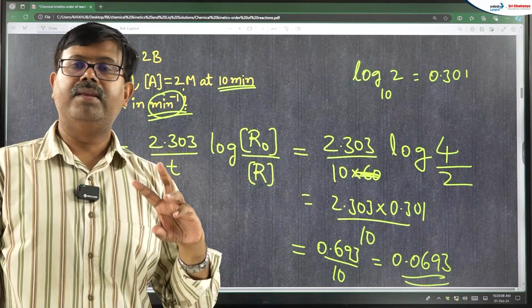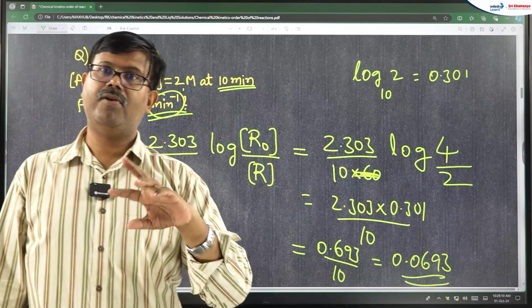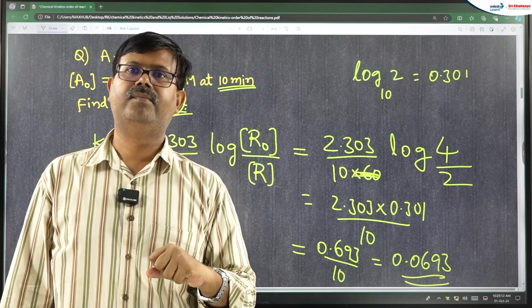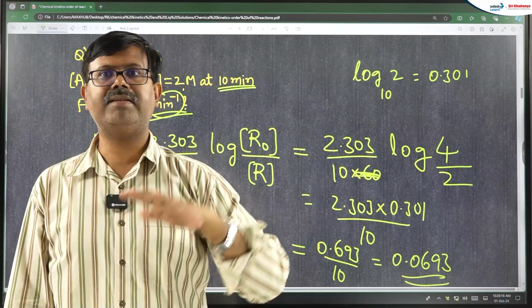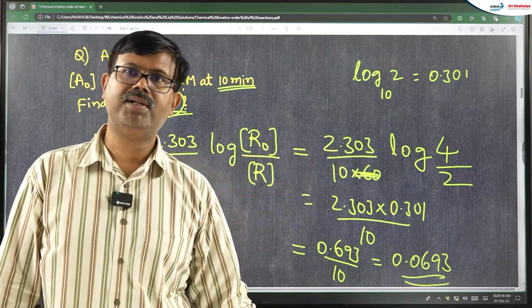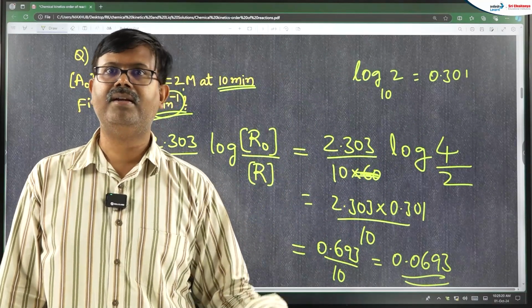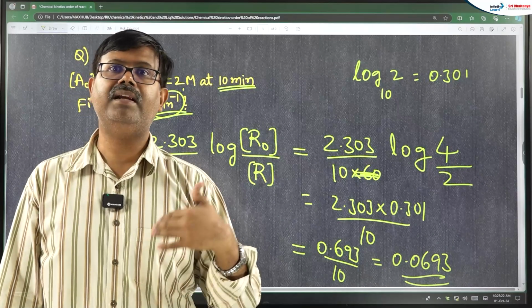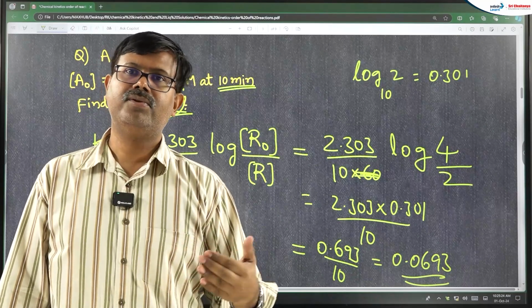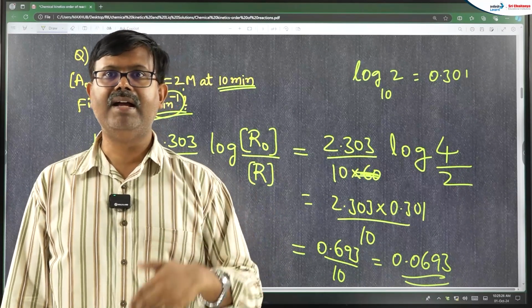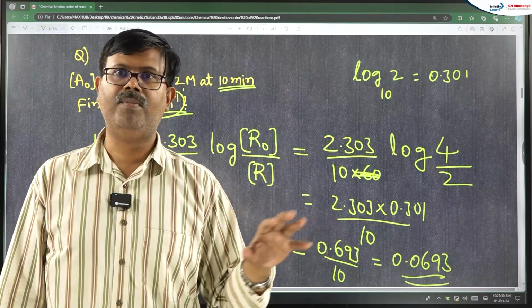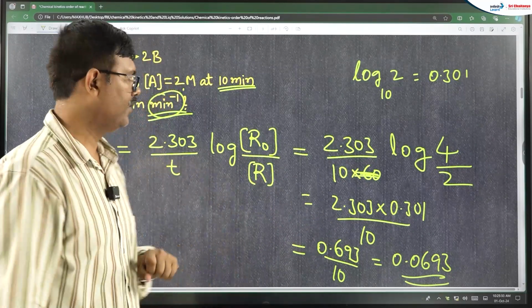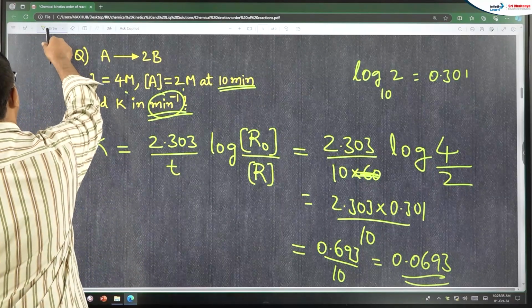So, depending upon the order of reaction, the formula changes. In the previous question, they have given the rate constant and asked something else. In this question, it is a different order reaction, and they are asking us to calculate the rate constant. So see what is given, what is asked, which order the reaction comes under, and apply the right formula there and get the answer. Next,